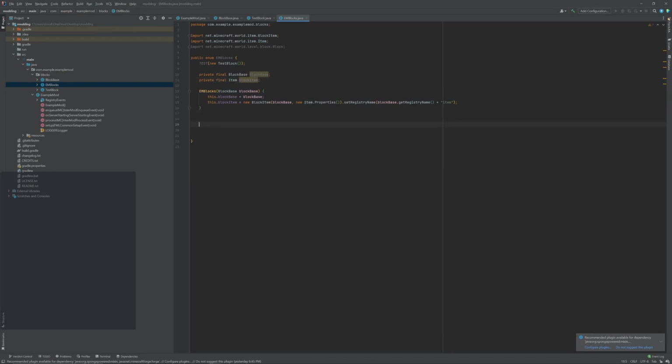So now we're going to need some getters. If you go on your keyboard and you do Alt Insert, do getter, select both of them. Okay, so that gets our block. I'm going to make that return block. It's going to get block,